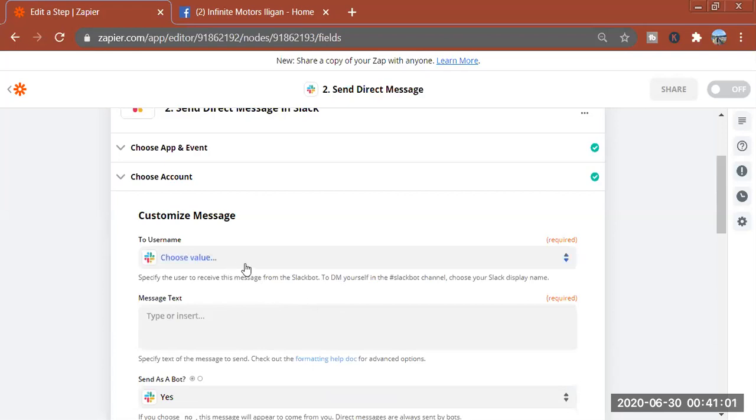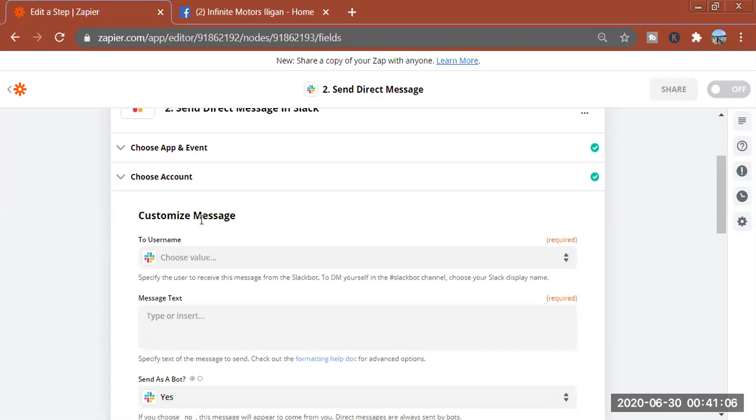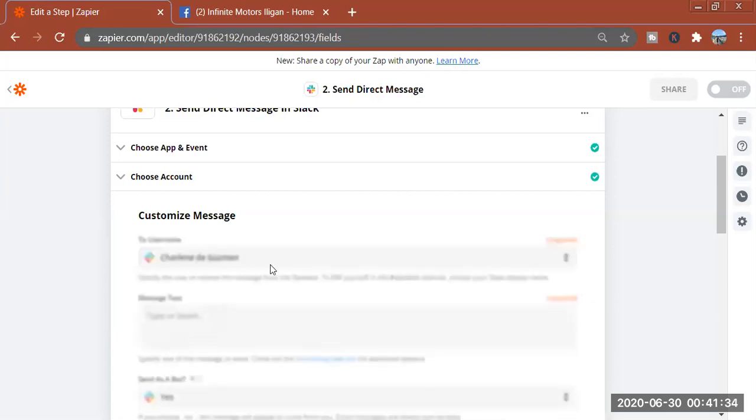Next one here. So in this part, customize message, you're gonna be asked on whom you're going to send the message. You can send it to other people, or if you want others to be notified that you've posted something on your page, you can do so. Or for me, I'm just gonna send it to myself as a test. So like that, you see Charlene de Guzman. Just gonna click it,